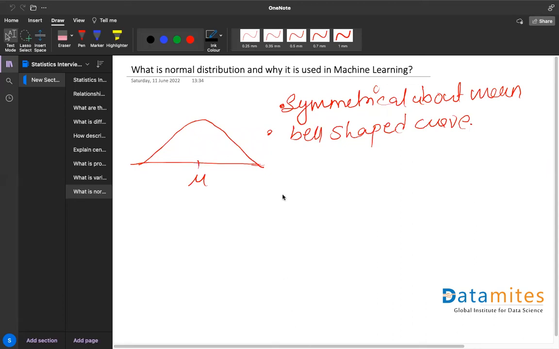Reduce the noise in machine learning. Normal distribution helps in understanding the spread of data. Okay. All right. So if you see here, for whatever algorithm you use, it does not matter what the shape of the distribution is. What matters is the loss. So the loss function gets impacted by the normal distribution.